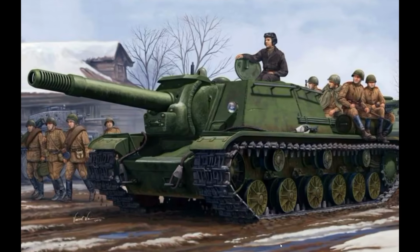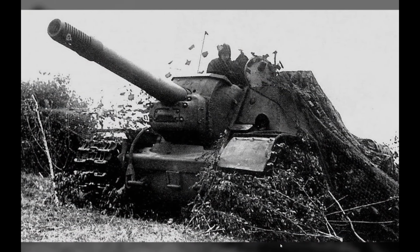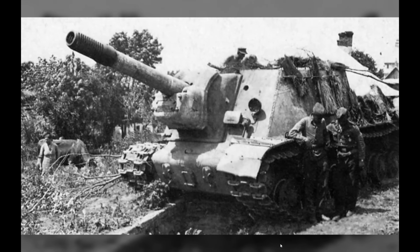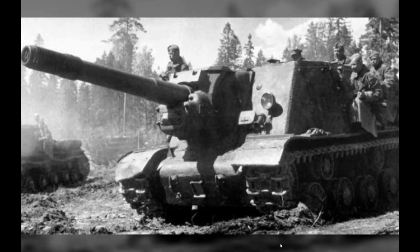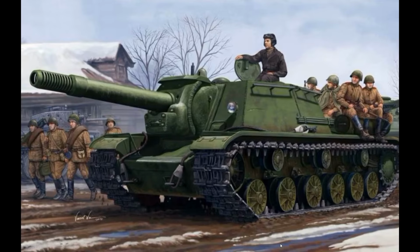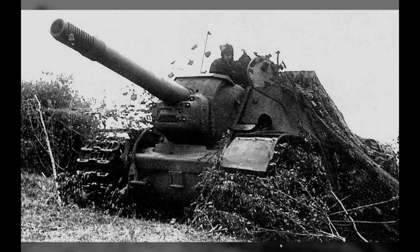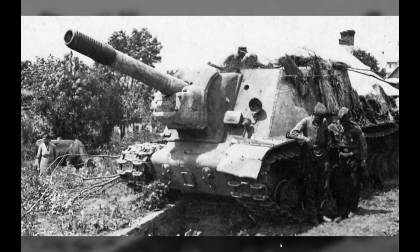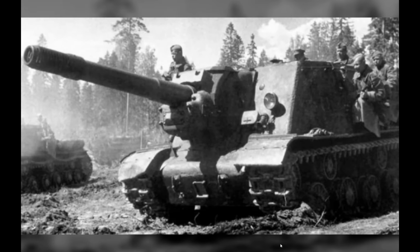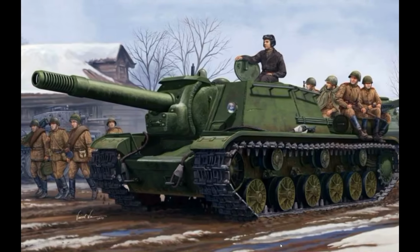In November 1942, the State Defense Committee ordered the development of a heavy self-propelled gun with a 152.4mm ML-20 howitzer. In December 1942, a designer presented a preliminary design for the installation of this type of howitzer on the chassis of the KV-1S tank. This design allows the use of the same engine and transmission as the KV-1 tank, greatly simplifying production and reducing costs. The entire development project was named KV-14, and a prototype was produced in January 1943, which was then tested